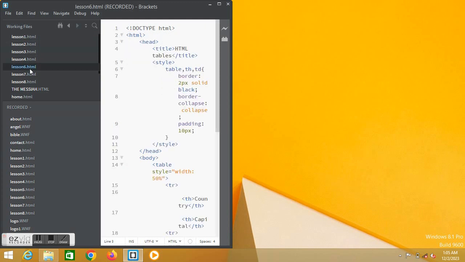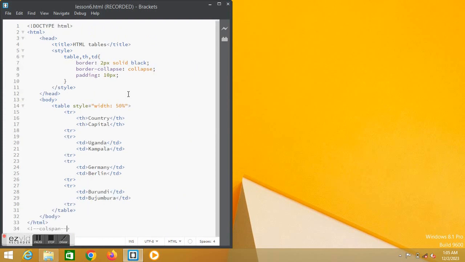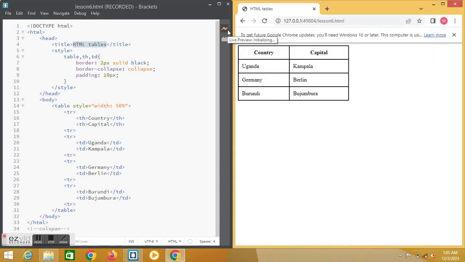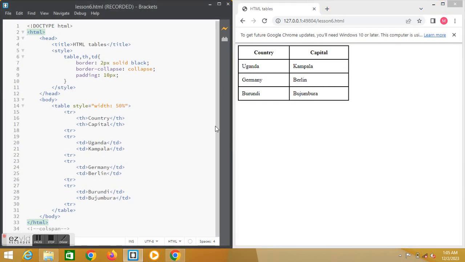So lesson 6, I prepared how to make tables. If I live preview and see the kind of table I created, yeah, you can see I'm going to teach you how to make this table. So when we are going to make the table,